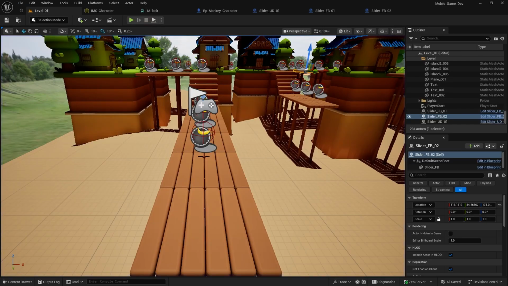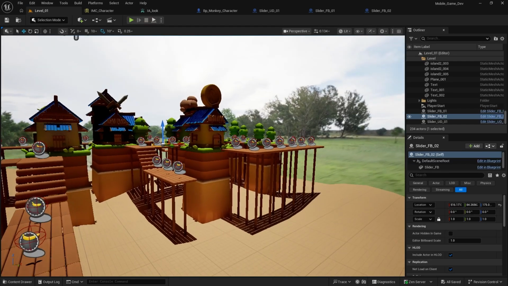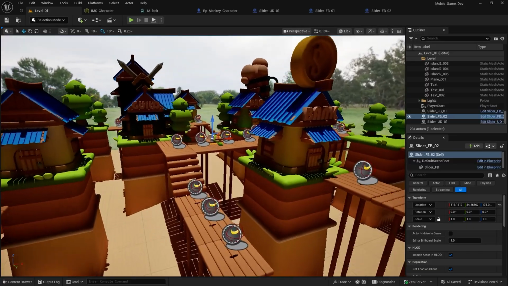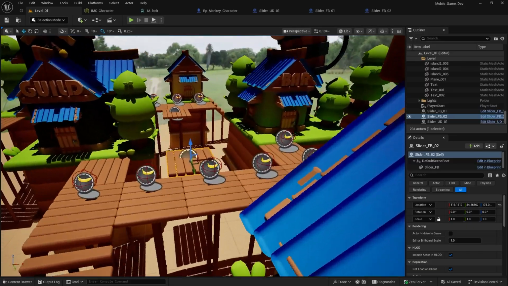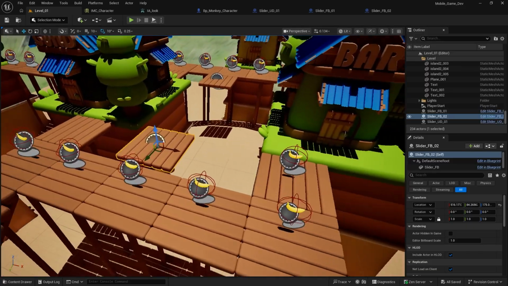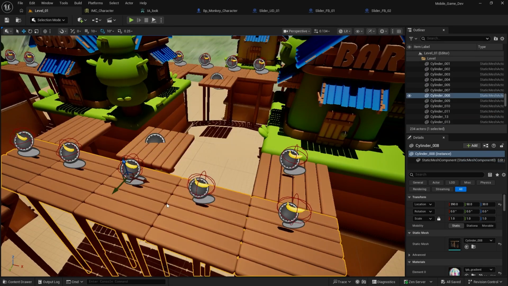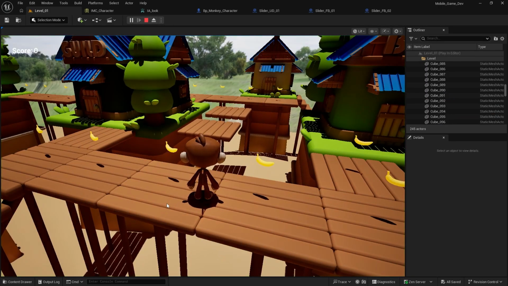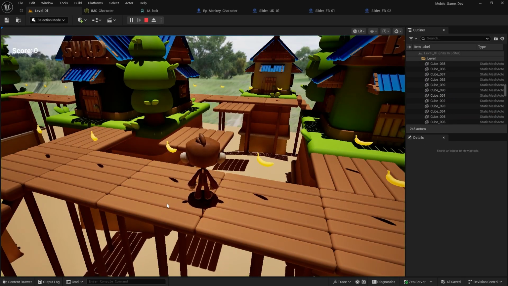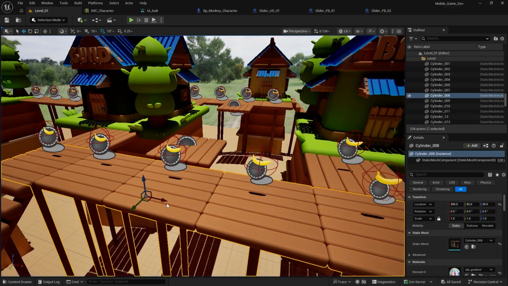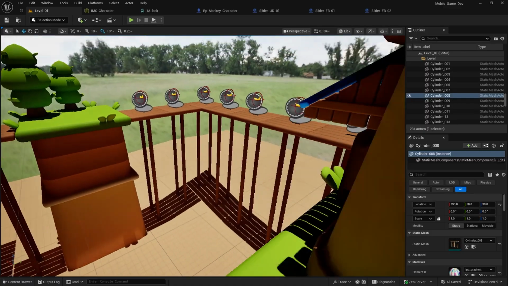Not from here, so I need to check it from this side. Okay, I will start to play and check it from here. All right, so it is working nice now. Got it right? All right, so I'm gonna press escape,